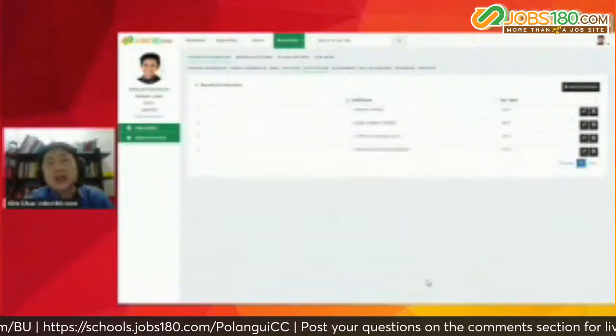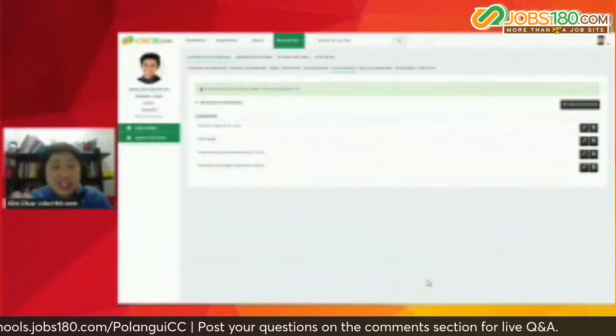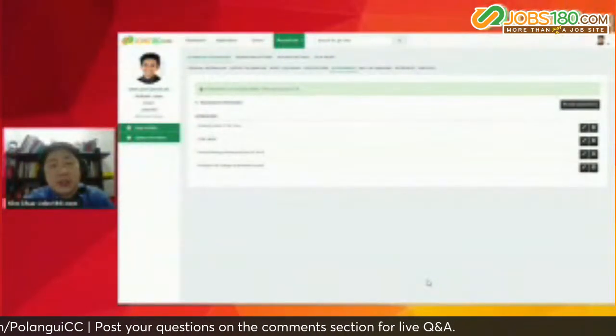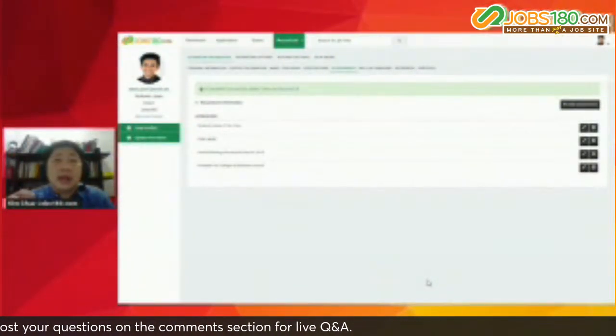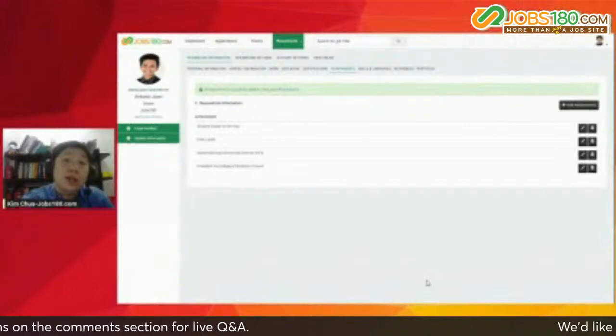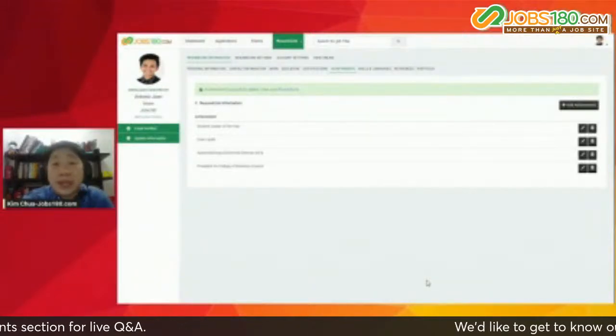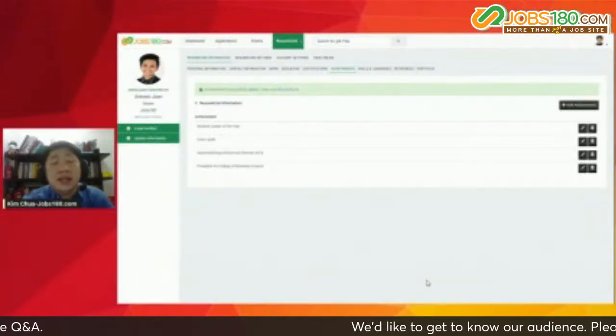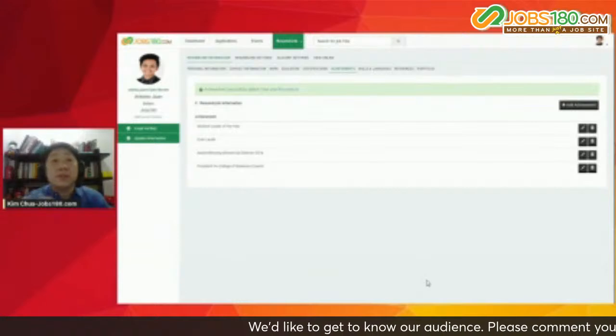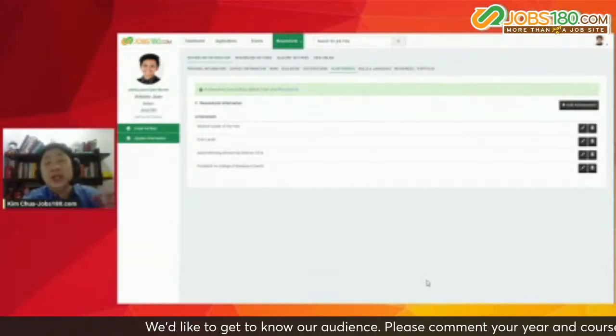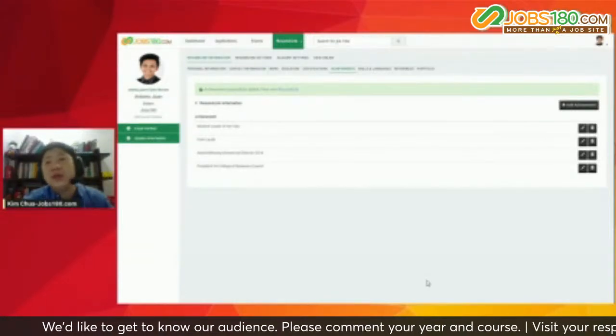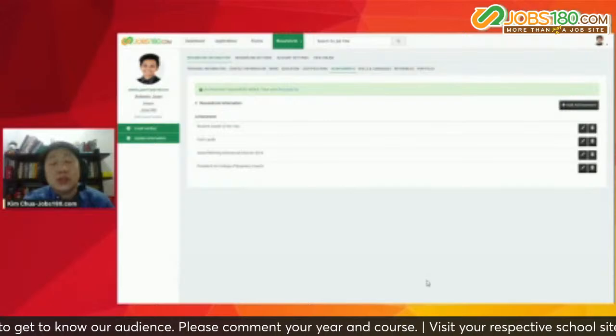Pagdating sa certification, ganun din yan. Walang limit sa space yan. Achievements, recommend ko dito is you don't only put yung mga achievement nyo inside the school. Okay? Kasi hindi naman lahat tayo academically inclined. Some of us are not very active sa school, pero active tayo sa mga social civic organization. Diba? So, even if it's outside of the school, you can also put it there. As long as you